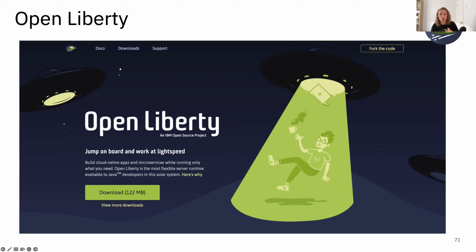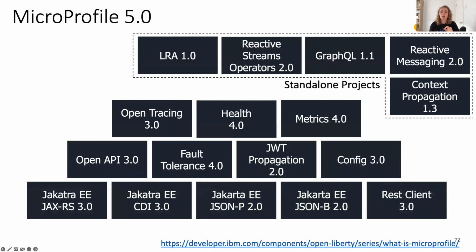We also have a blog on here, which I will link to later, which goes through our LRA example. So MicroProfile is a wide range of different APIs is what it offers. The bottom pyramid here is the standard stack that comes as standard as part of MicroProfile. And it includes loads of different really helpful APIs when we're looking at distributed microservices.